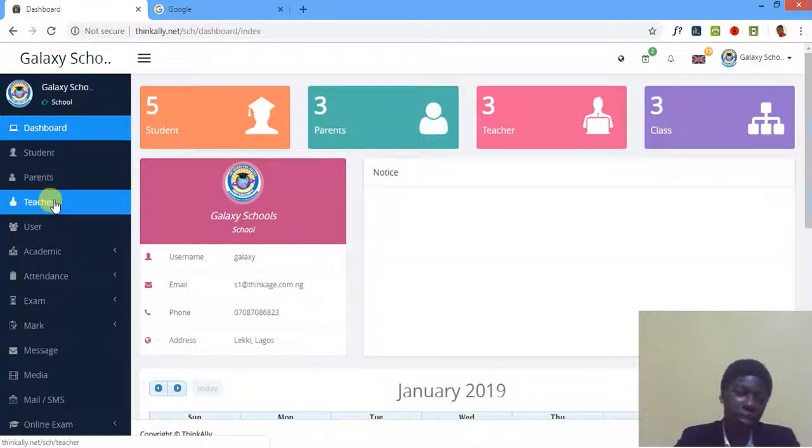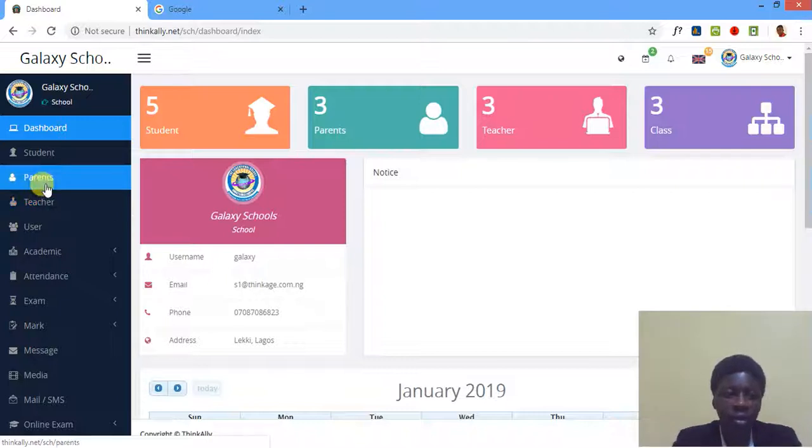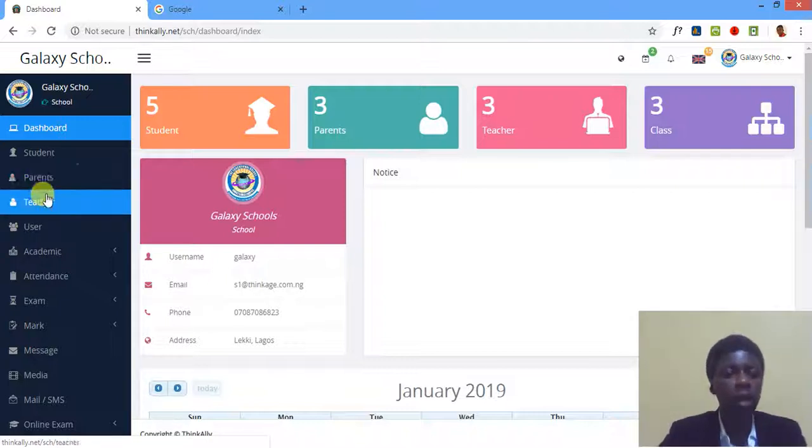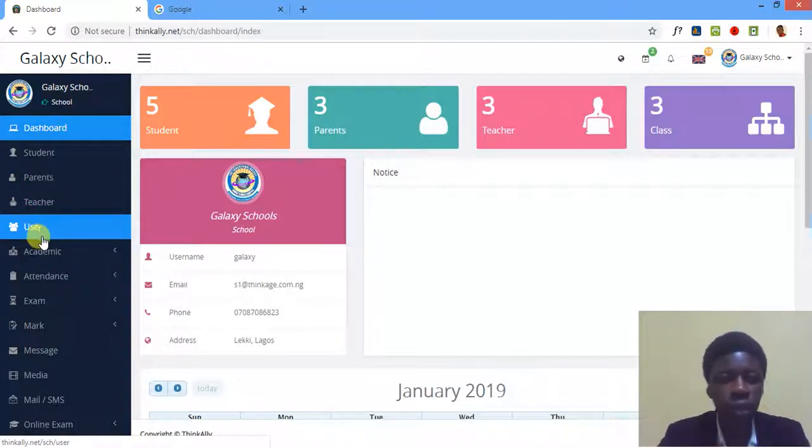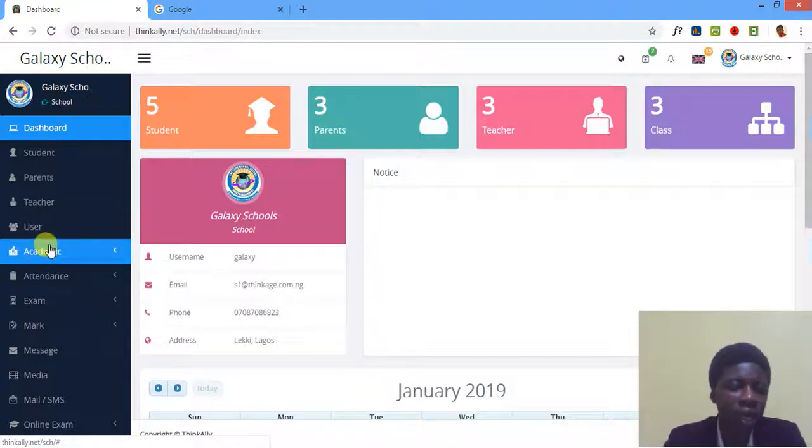We know that we have that in every school. We have parents in every school. We also have teachers in every school. But you may have other users that are not listed here, like accountants, like front desk, like admin, like even non-teaching support staff, drivers, and all of that. So Thinkally allows you to create several groups of users. Under the academic